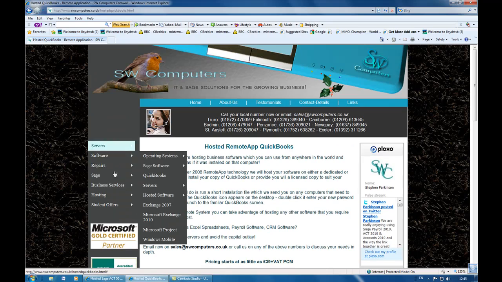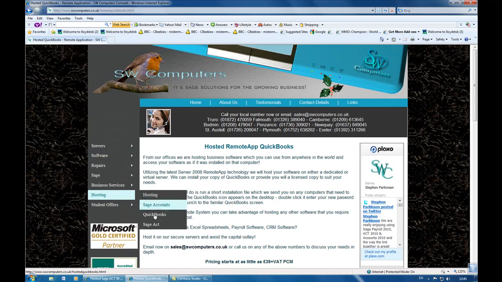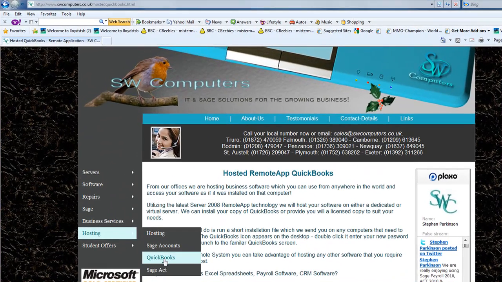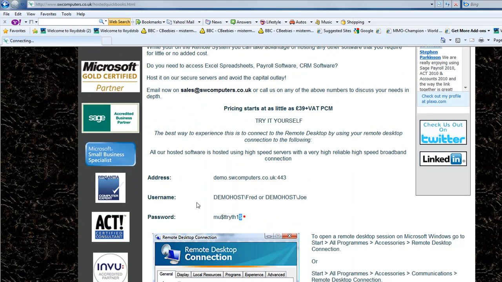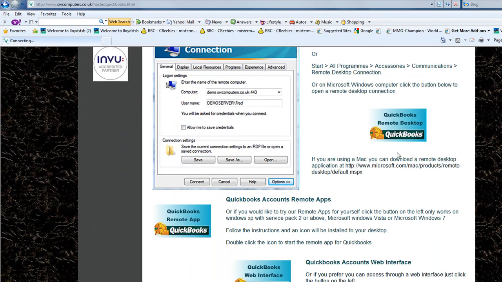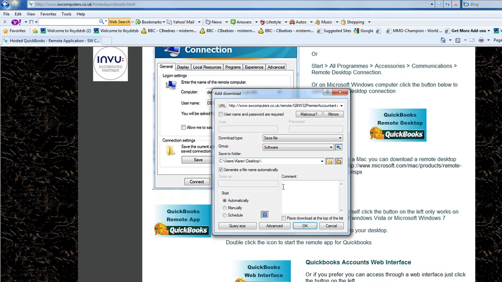And if we go onto the website and we go under the hosting option, you'll see some of the commonly hosted packages. If we have a look at QuickBooks, for example, you can see that in this area here, it's got the address to connect to, the username and passwords, so you can try it yourself. You can download the remote desktop shortcut for yourself, and you can also download the remote app. Now, if I download the remote app,